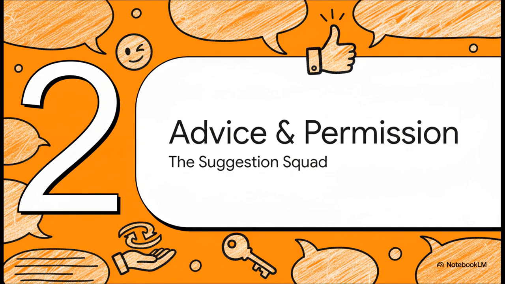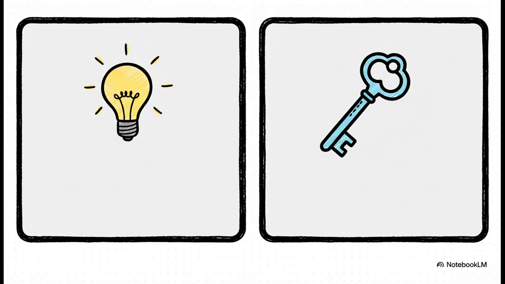Okay, let's shift gears now. We're moving away from those strict rules to something a little softer. It's time to meet the suggestion squad. These are the modals we use for giving advice and for giving permission. Here, we've got two main players. First, there's should, which is like a helpful nudge in the right direction. It's perfect for giving good advice. Then you have may, which is kind of like being handed the key to a door. It's used to grant permission, usually in a more formal way. It's way less about force and a lot more about guidance.